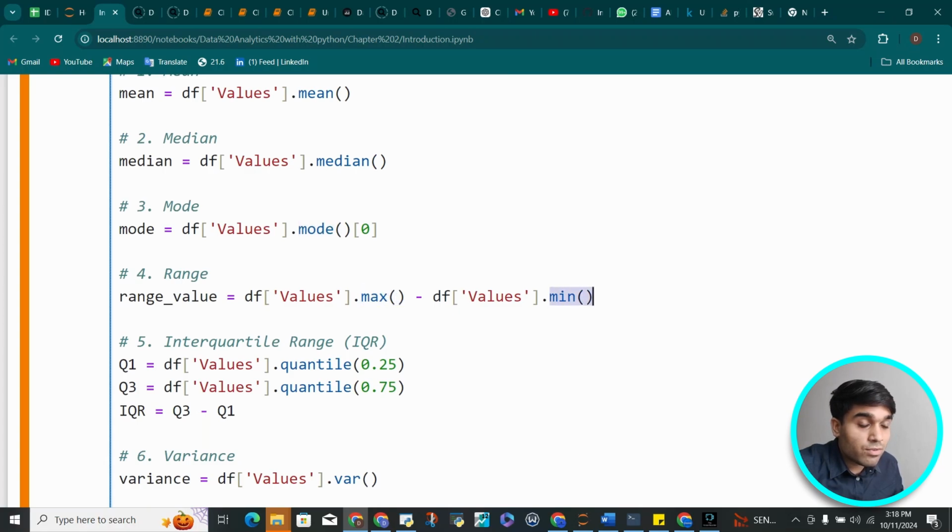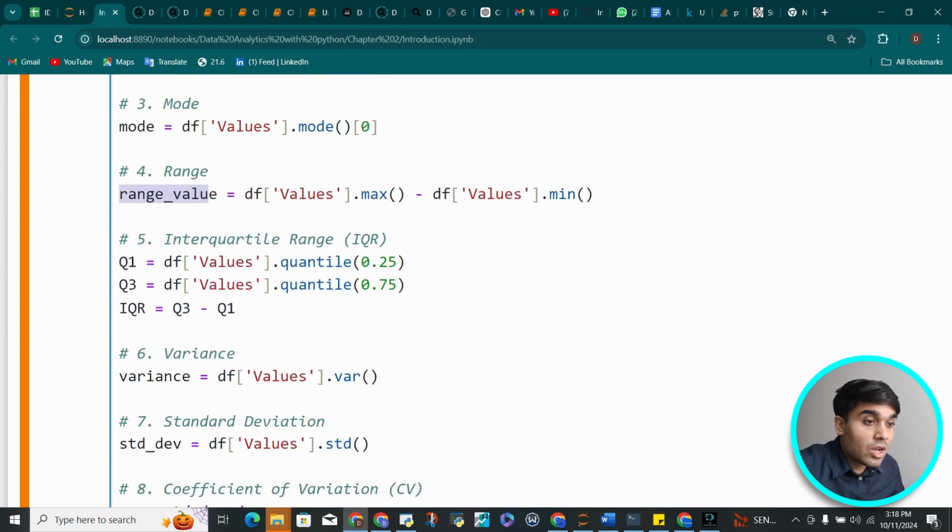the minimum value. If I have to give you an example, let's say you have 4 friends and your height is 160, your friend is 140, and 2 of your friends are 170 and 180. Now the range is not from 160 to 180. The range in statistical terms is 180 minus 140, the difference between the maximum and the minimum. And that's what we are doing here right now. We are calculating the maximum, using the max function, and the minimum function, and that's how we get the